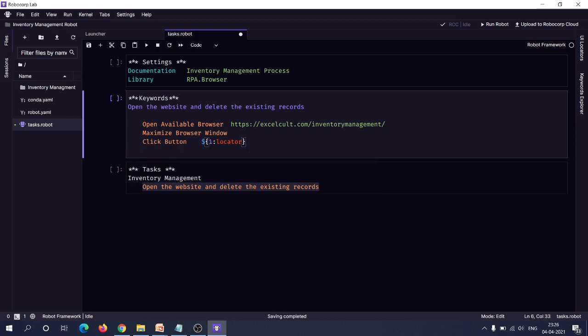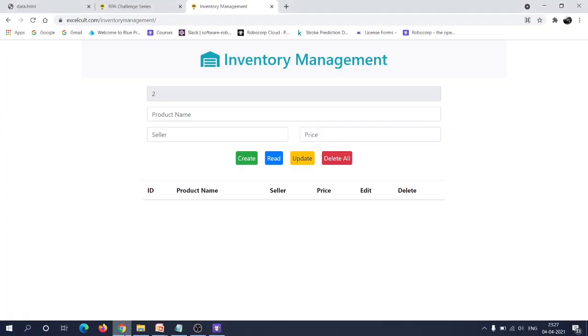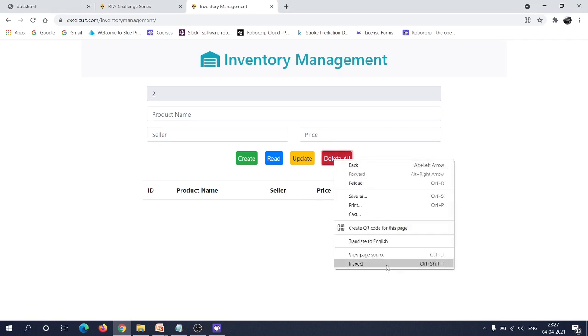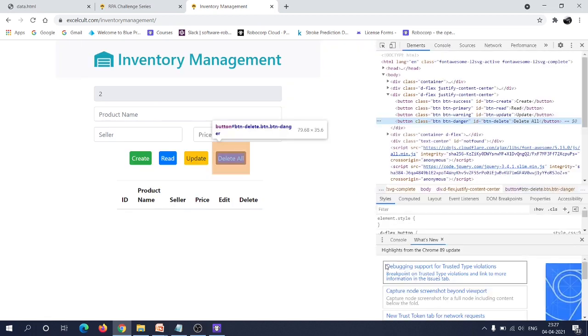rpa.browser library, and the argument we have to pass to this keyword is the locator of the button which we need to click, and the locator may be the XPath or ID, etc. So here let me just write the locator, and for finding the locator we can just right click on the delete all button and click on inspect, and then as you can see the attributes of this delete all button here, and for the locator you can specify the ID of the button.